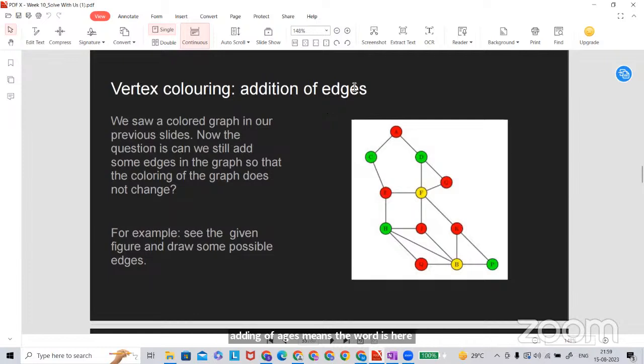Suppose I added an edge between A and F, then I think there is not